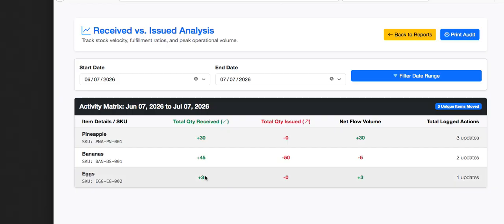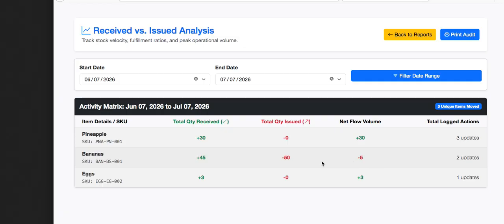But for instance, this banana runner here. The high velocity. This is like the risk scenario, the banana roll. Let's say we'll do this one right here. So what do the numbers show? It says that it received 55, basically the 50 and the 5. It received the 50 and it issued a 60. It doesn't show it here, but that's basically what happened. And then you have your net flow of 5.